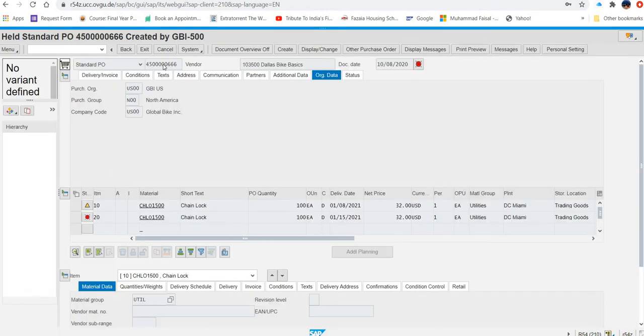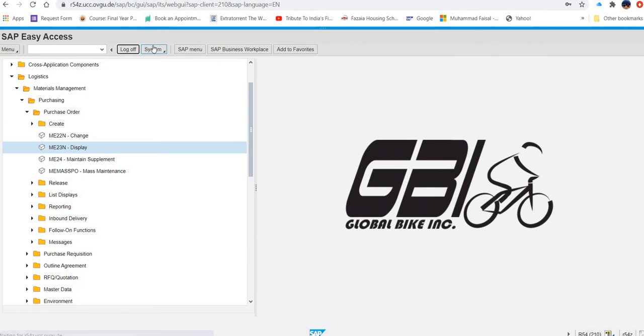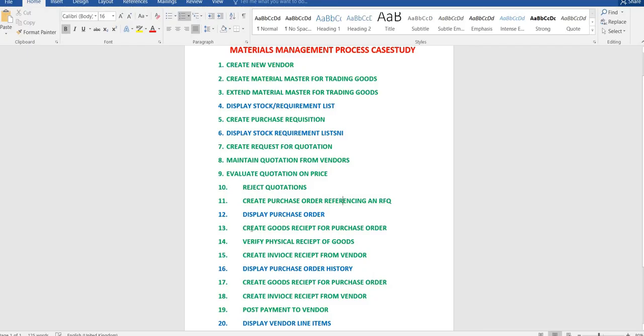And in that display, it is again showing this. So there is an error coming because of this record. I don't know why. So let's try the other step, that is related to create a goods receipt for purchase order. So let's see what happened.